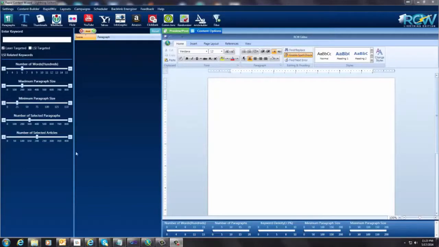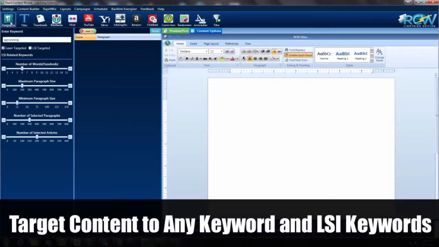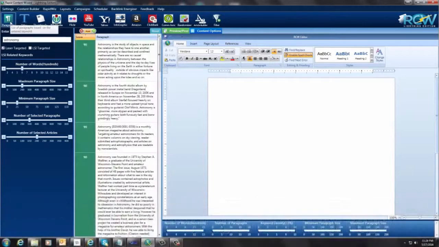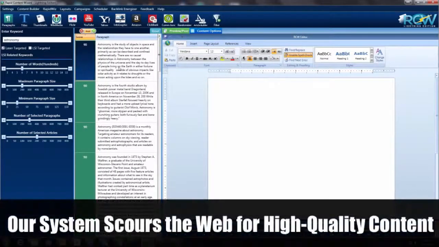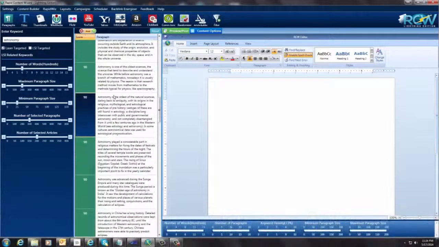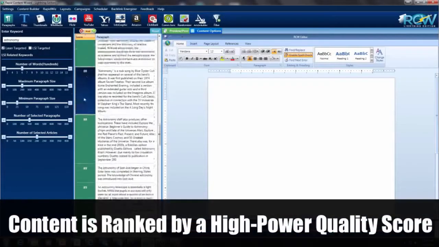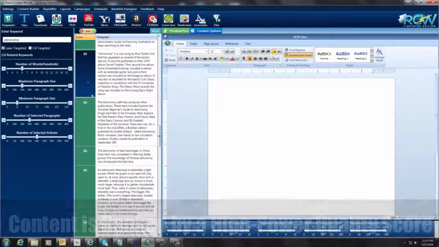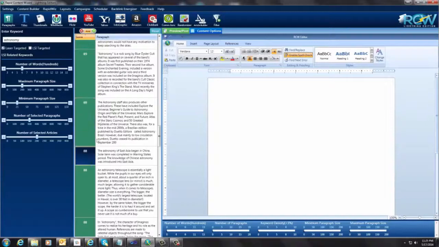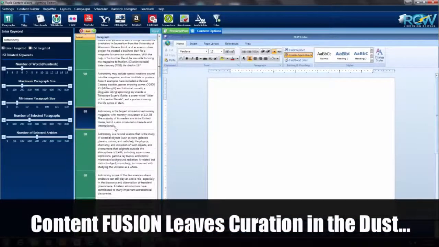So you can see on the screen here, I'm going to put in a keyword. I'm going to use astronomy, and I'm going to click on paragraphs. Okay, now look at this. We have lots and lots of paragraphs here that we can choose from, and look, they all have a little score beside them. I know a lot of them are in the 90s, but you can see they go down in value here. They've all been scored, and all the most relevant articles are put on top,